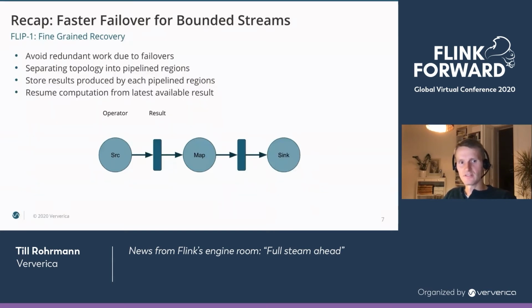These pipeline regions produce results which the system tracks and uses for failover. So if a fault occurs at the last stage of your job, it won't restart the whole topology from scratch, but will backtrack to the latest available result. Let's take this small example where we have a source, a mapper, and a sink, and we